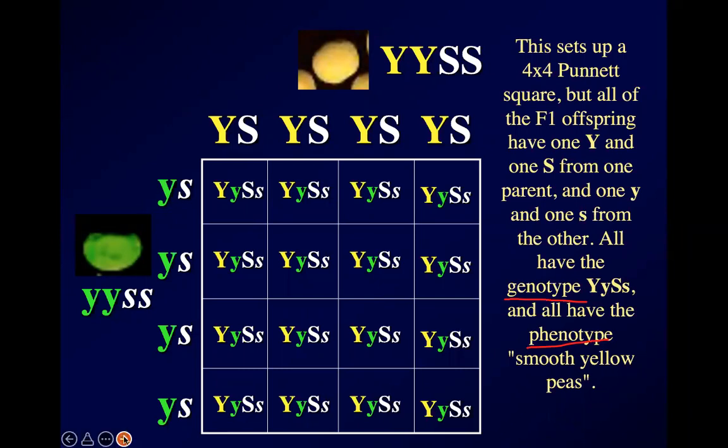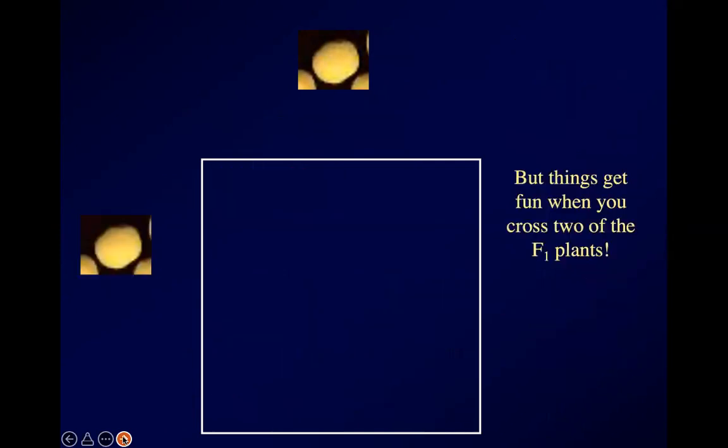This gets a little more interesting if we were to take two of these F1s. We will ignore the fact that we'd basically be mating brother and sister pea plants. If you do that too much, your peas are going to be playing banjos. But if we cross two of the F1s with each other,